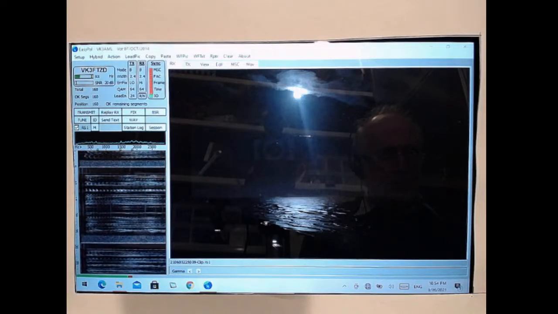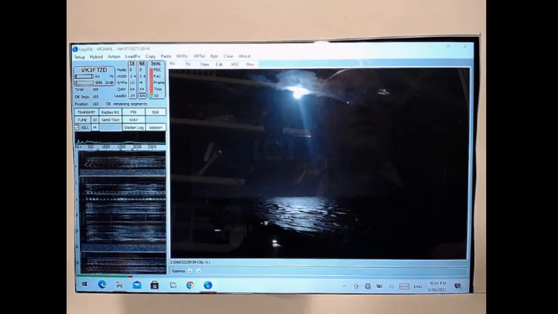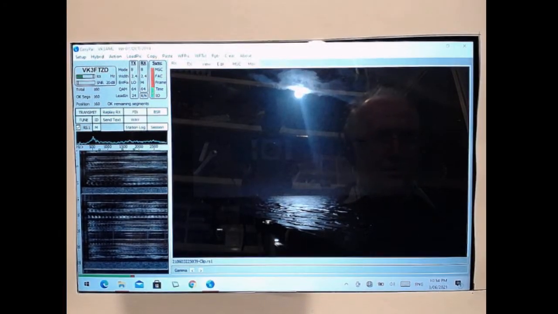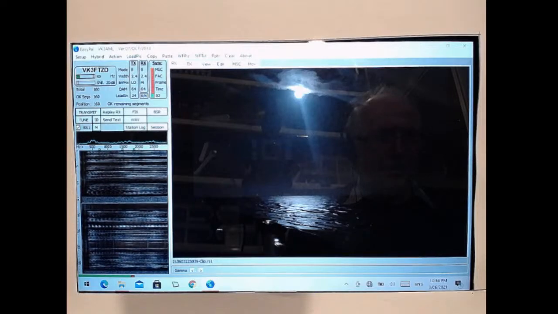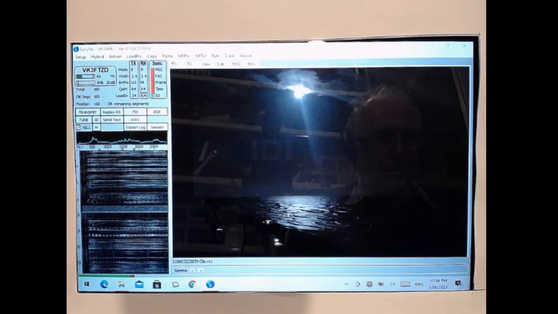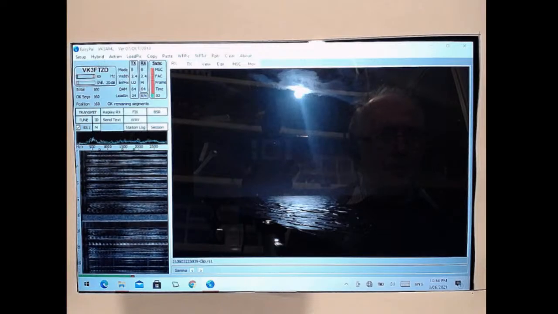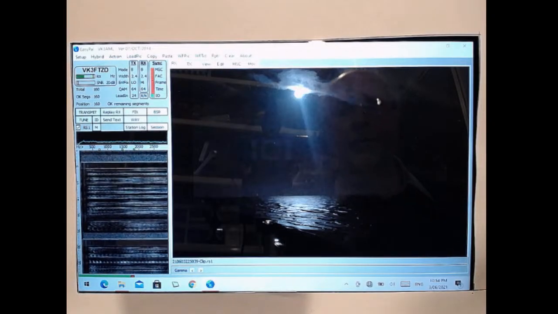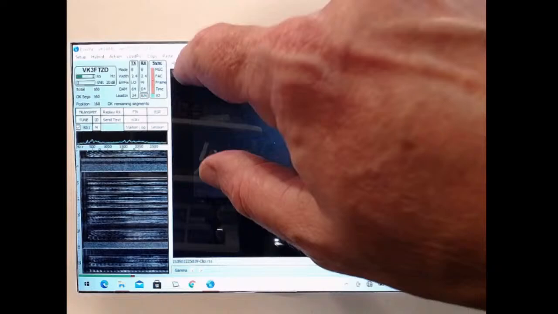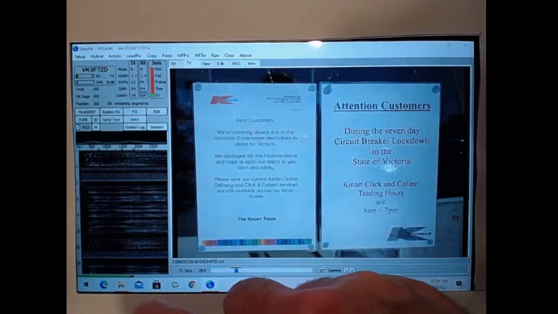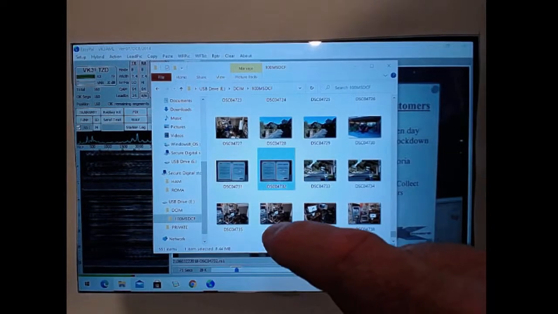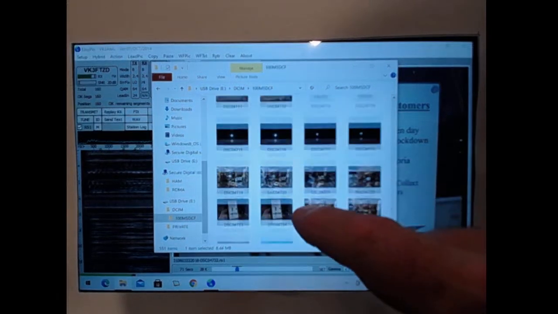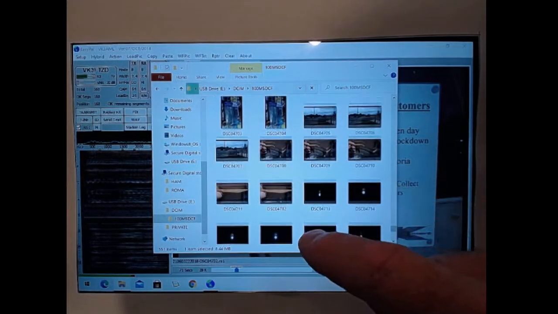VK3GTG, how did you go decoding this one? Yep, all good. 16 dB and yeah, all segments okay. Yeah, awesome shot. Like Chris said, reflecting off the waves there, or the water, both. And yeah, let us know about it. Back to you. Yeah, no worries. VK3DUB, how did you go decoding this one? Yeah, I had it at 17, but then it dropped the sync in the last sort of 40 bits or so, so I think that just might be an issue with the level out of my radio there. So not to worry, back to you.